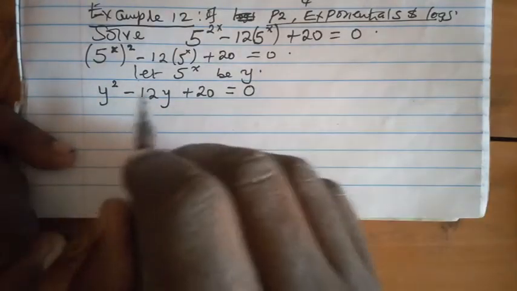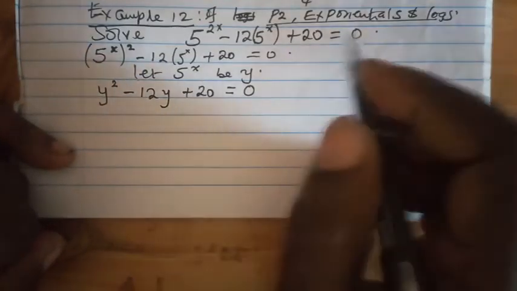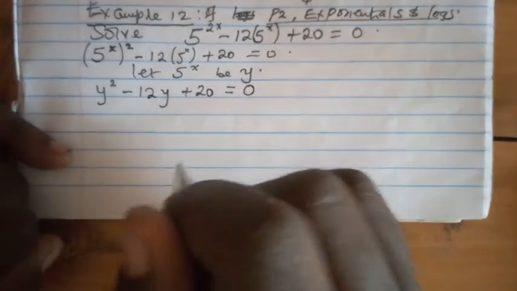And having let y be 5 raised to power x, then we can now solve it as a quadratic